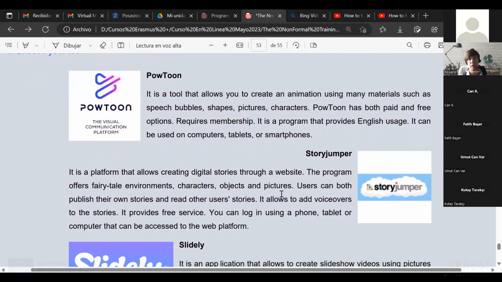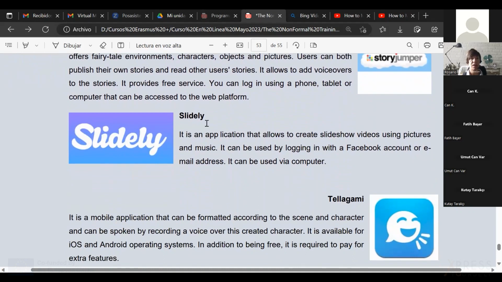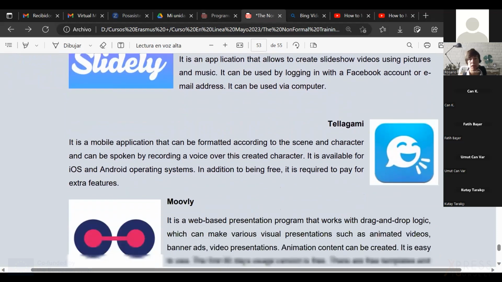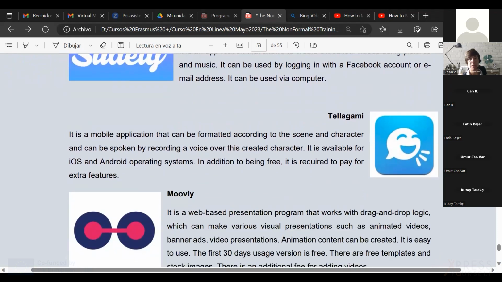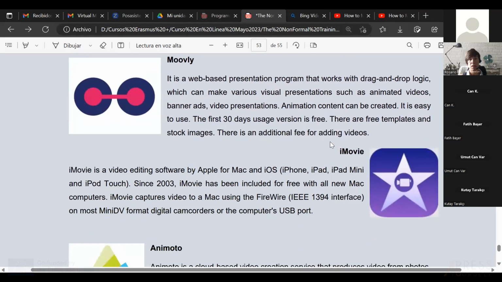Then Story Jumper, again, it has a free and payment option. Then Slightly, it can be linked with Facebook as well. Telegamey is another one. Movely is another one. eMovie, it's probably the most known due to being used by Apple.